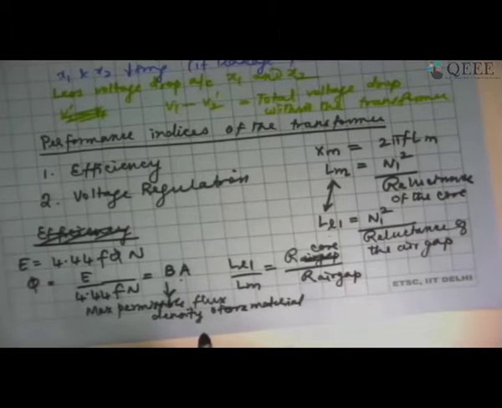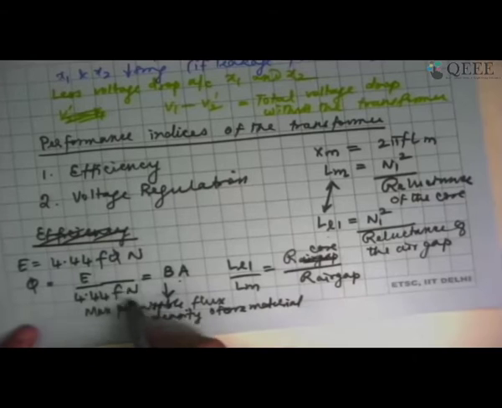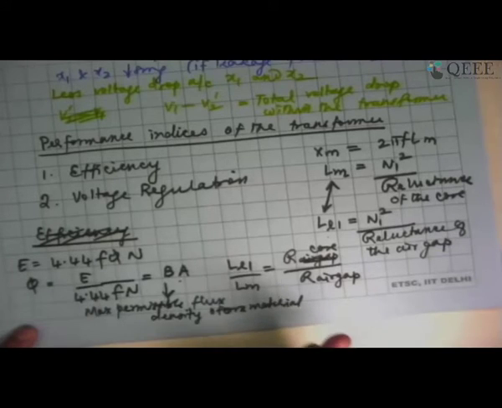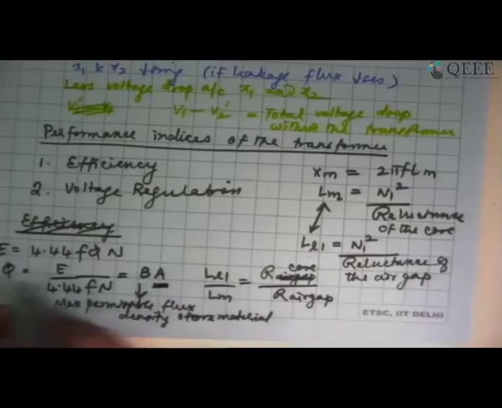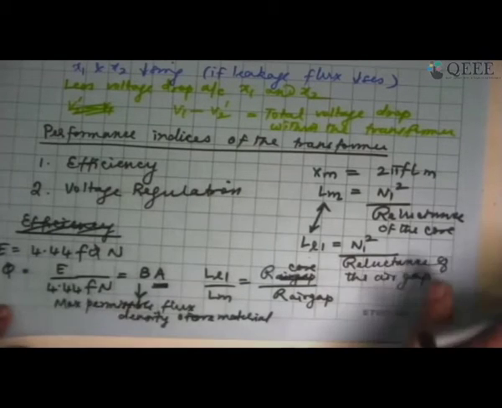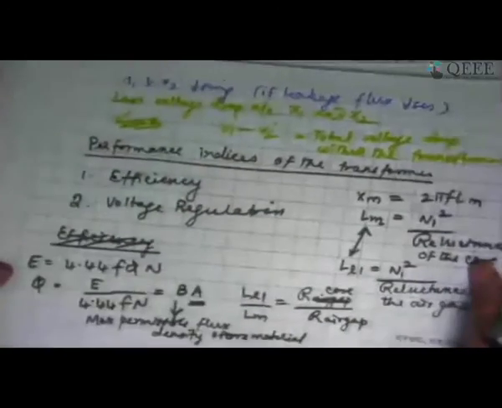So area of cross section is determined right away. And if I have chosen a particular number of turns based on my turns ratio, in that case, I have to make sure that the length of the core is sufficient to accommodate all those turns. That's the ideal criterion. So the area of cross section is based on the flux and the flux density of the core material, and the number of turns indirectly decides the length of the core material, the core limb basically. Right? Any other question?